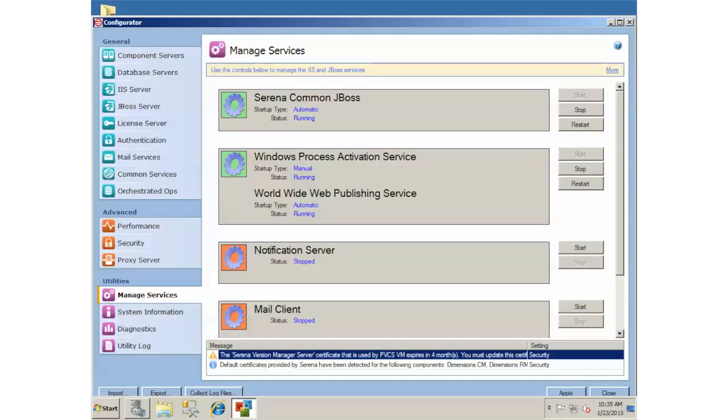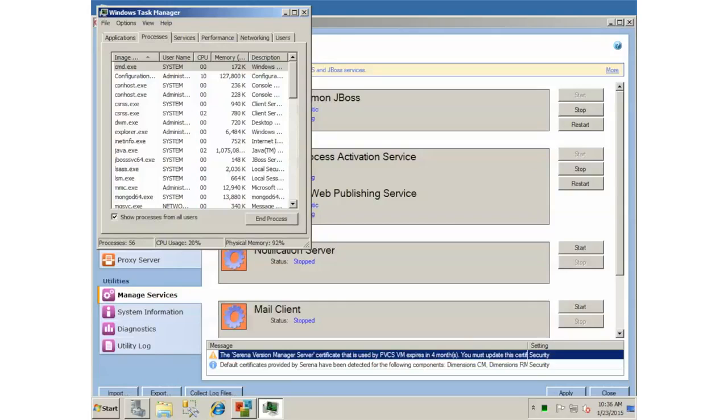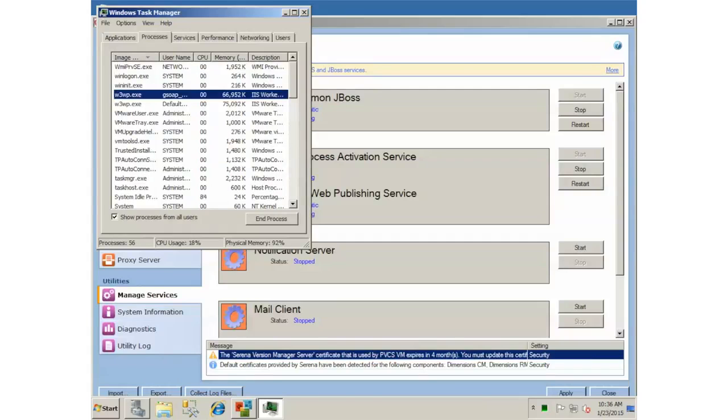Okay, so let's just say tomorrow morning at 9 in the morning, you have a problem where IIS either hung or users couldn't log in. You go in and you look at Task Manager, and you take a look at your performance tab maybe, and see if CPU's pegged out or memory's going nuts, and you look at the processes, and the one you're going to look for is one of these two, W3WP.EXE. If you see the CPU is pegged at 100%, or memory is just crazy, or these are just completely gone,